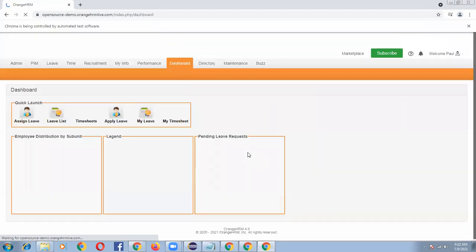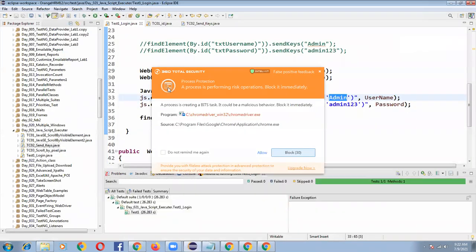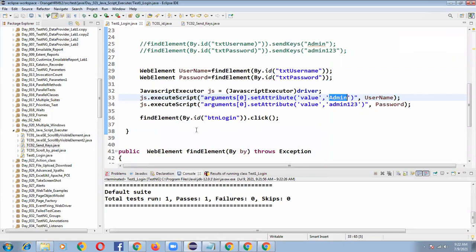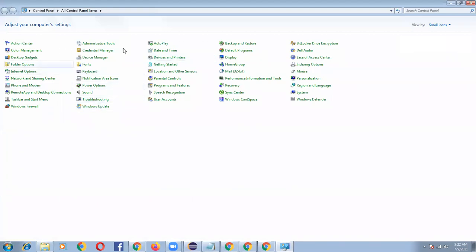See, by using JavaScriptExecutor, I am able to send the values into the text field. Whenever you are using it, just a minute.